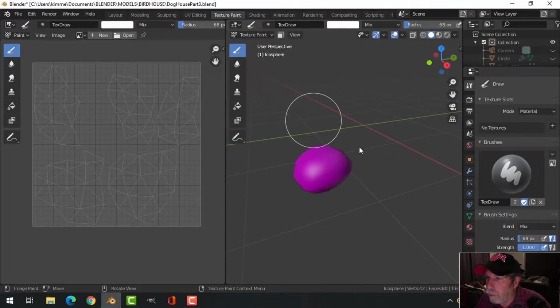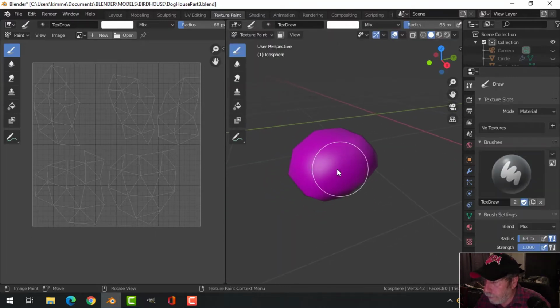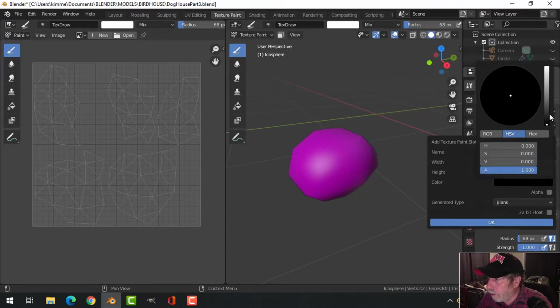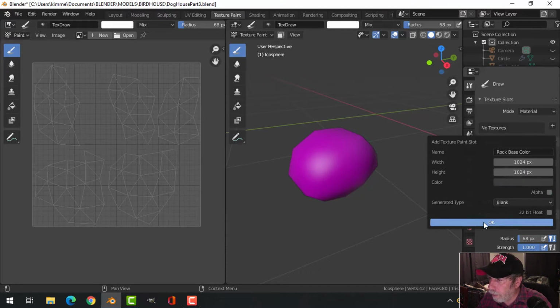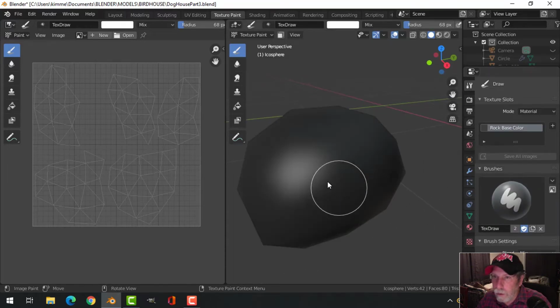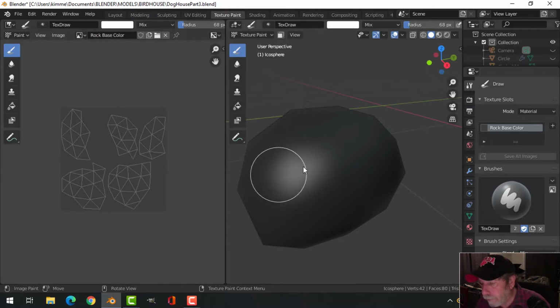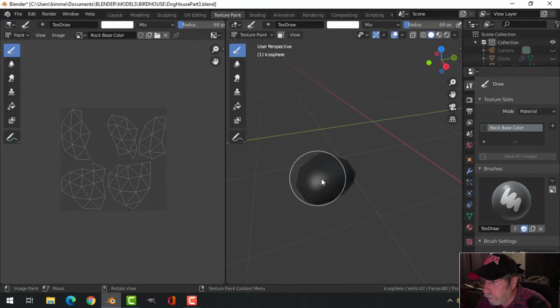So let's make sure we're on the point. I go back to texture paint here. And when I do that, this should pop up here. And I see no textures. So I'm going to click here, base color. I'm going to name this rock. Base color. I don't need an alpha. And I'm going to make this sort of a dark gray starting color for my rock. And it'll go right there. And I can come over on this side here, and I can choose that, fills that in there. Okay, now